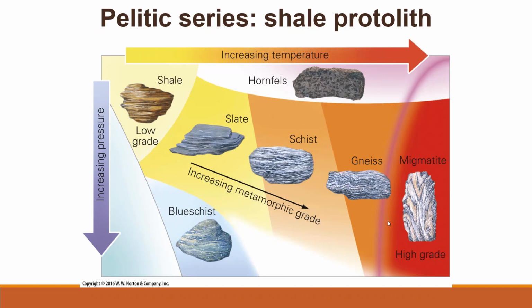So if we take a shale protolith, we call this the pelitic series. If we start off with shale and go through typical regional metamorphism, the low-grade metamorphic rock would be a slate, and as we increase our metamorphism, we will go through schist, gneiss, and then a migmatite, which is a highly metamorphosed gneiss. If we go through the blueschist facies, in a subduction zone, we will